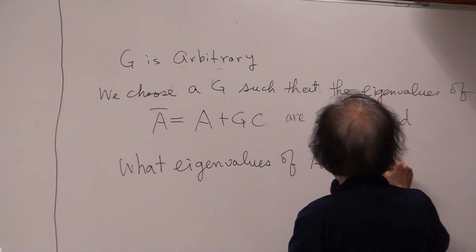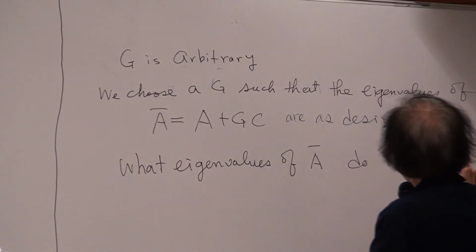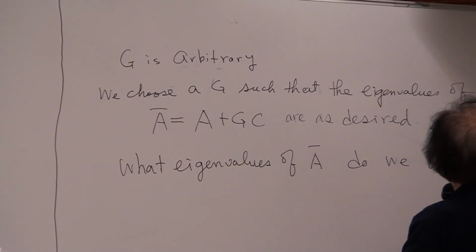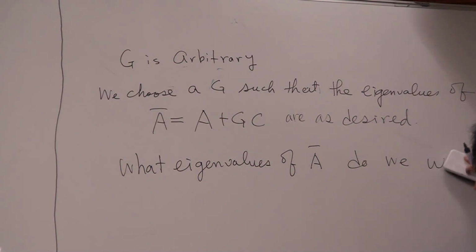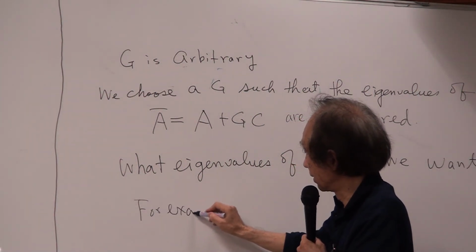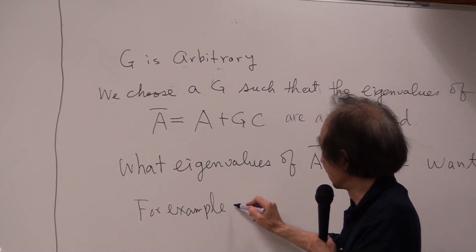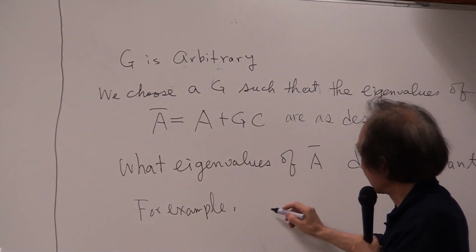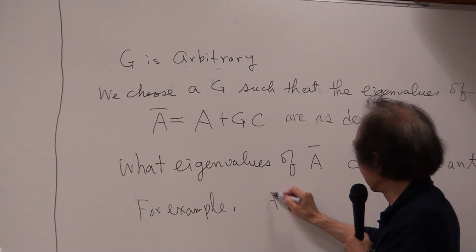Well, you can think about it. You want to be as stable as possible, for example. Right? For example, the A bar is